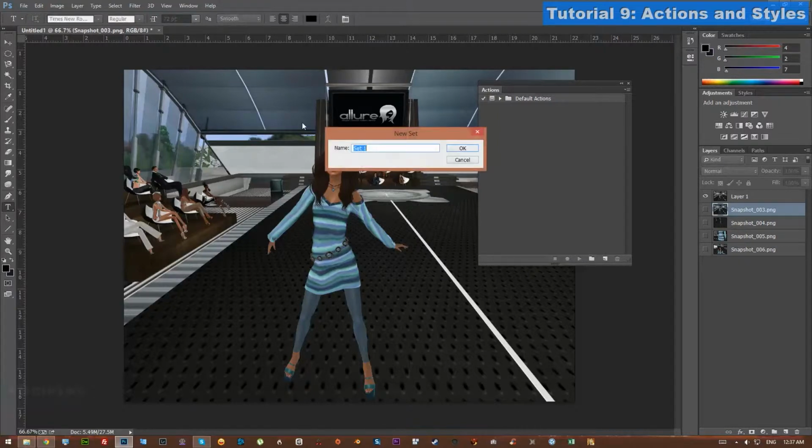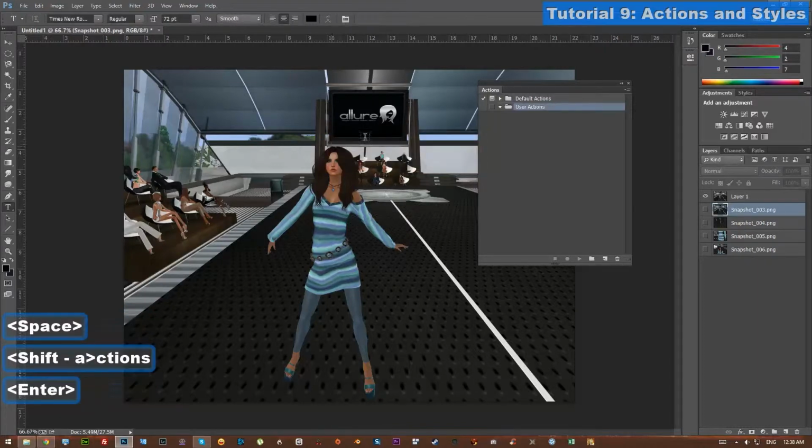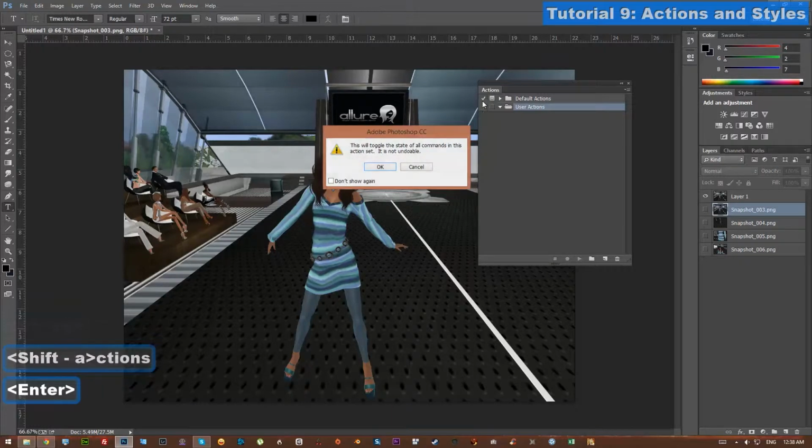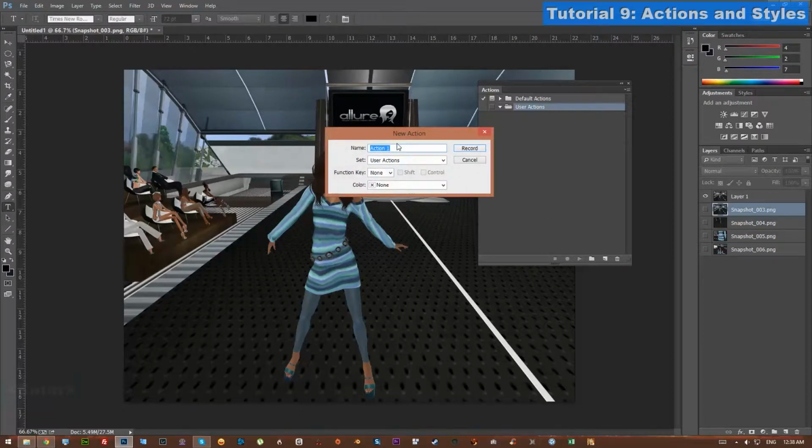So I'm going to make a new folder. I'm going to call it User Actions, because that way I know it's my actions and not the default actions that I just hate. So I'm going to make a new action. Now what this does is it brings up a dialog box here, and you can name it whatever you want. So we're going to say add,